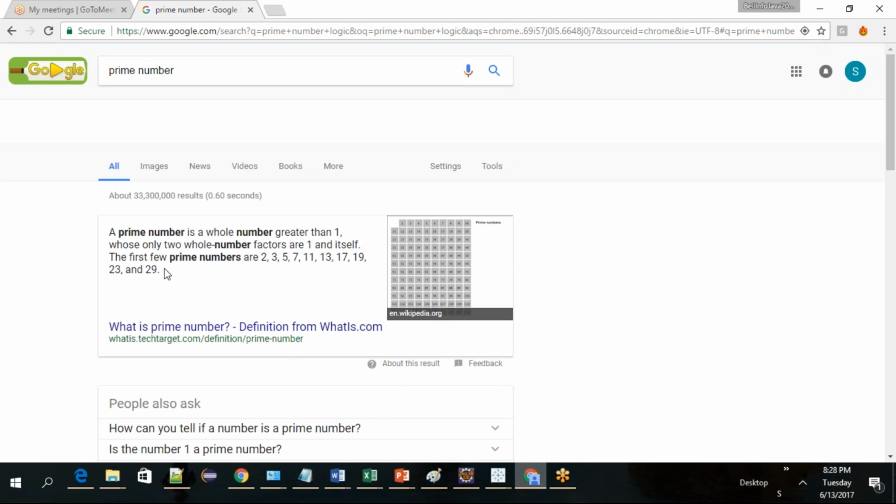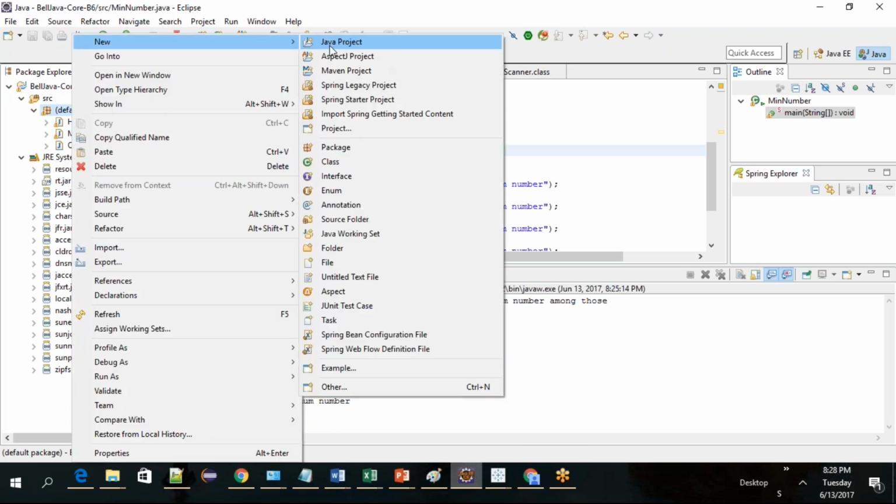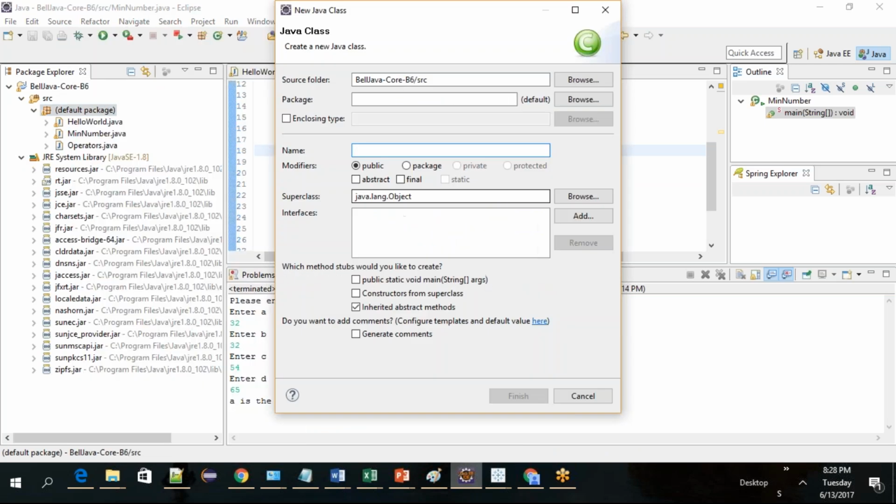So what is a prime number? Basically, I'm going to write another program, or else I'll give you an assignment. Yeah, I'll write another simple program so that we can jump into other topics. Using a for loop, something we can try with a for loop. What if I want to find